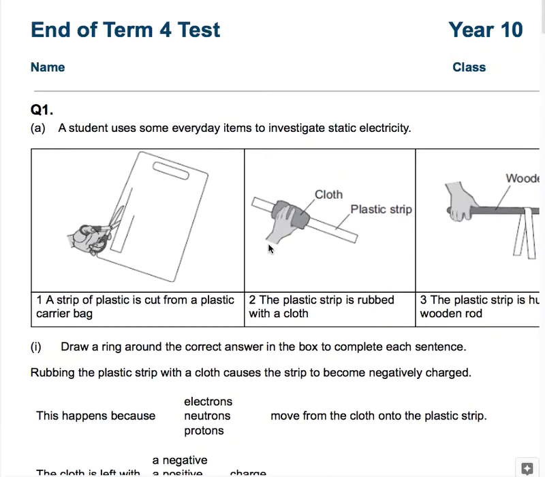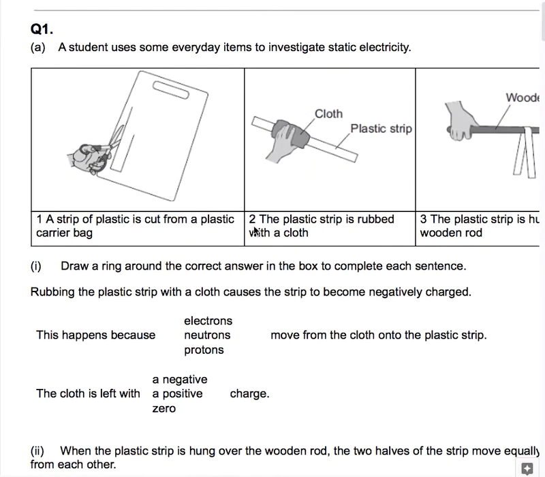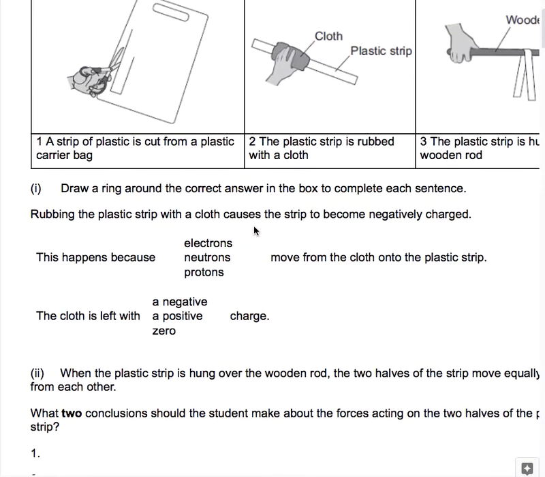So this is our review of the end of term 4 test. I thought I would take you through this step by step so that you can see my thinking, where that's useful. I can give you some hints and tips as to the approach, and you can see what the answers are supposed to be. So, question 1, a student uses some everyday items to investigate static electricity, and it says,